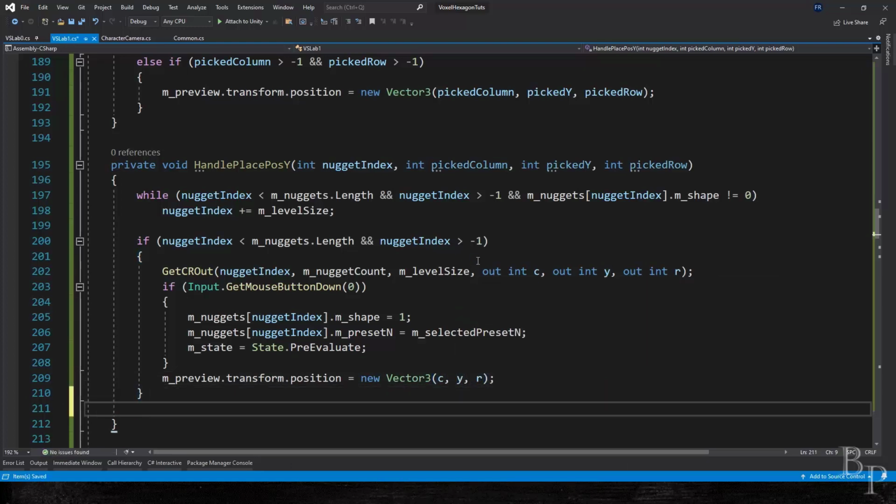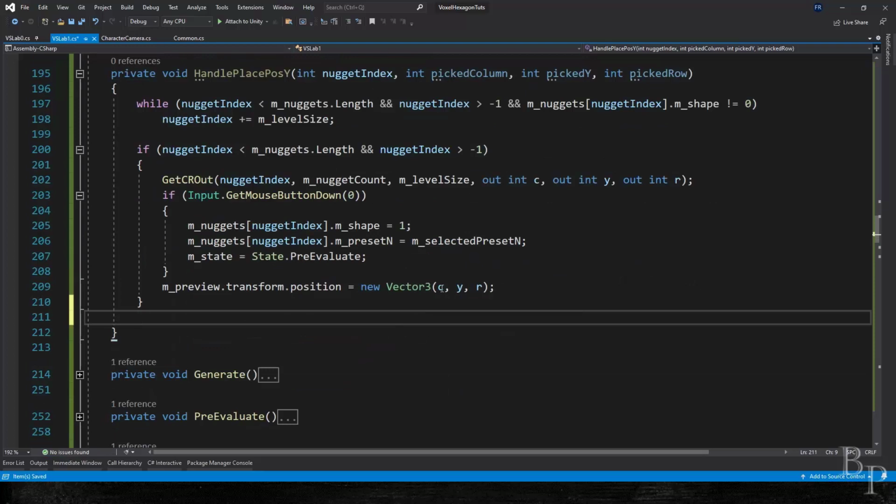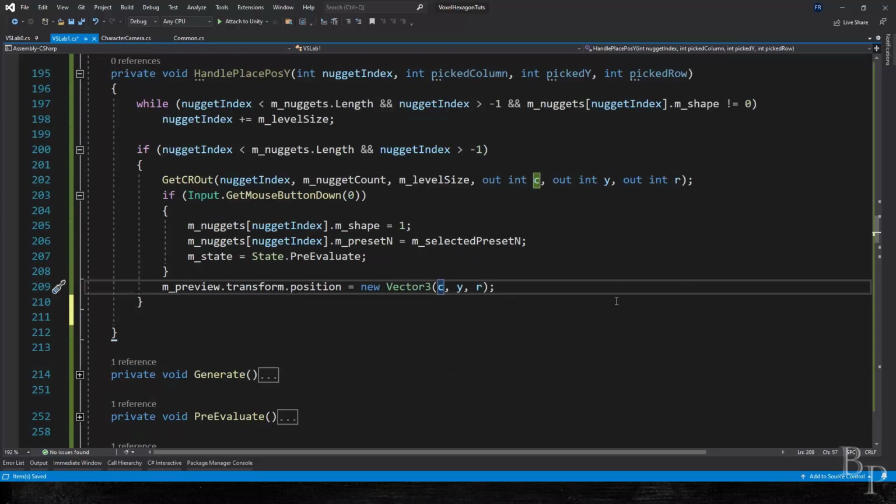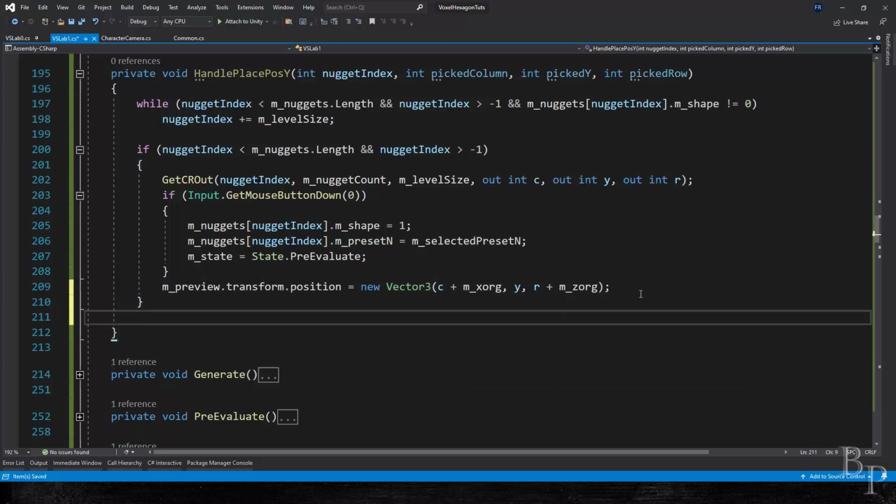For the moment, we'll just put this all on the y. Should be adding the org here. Haven't been doing that, but